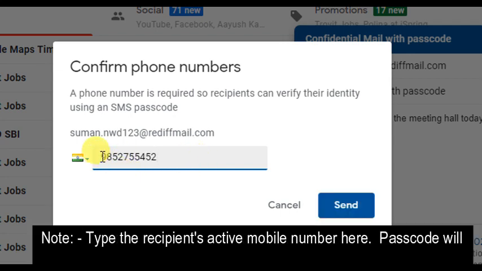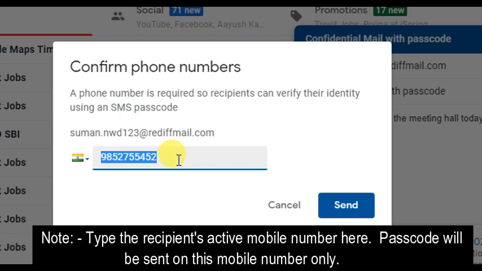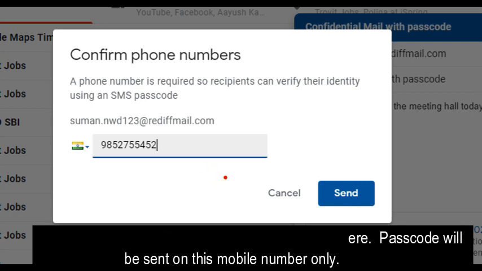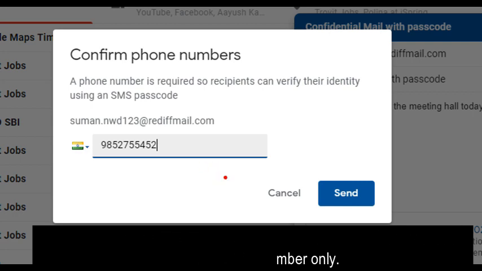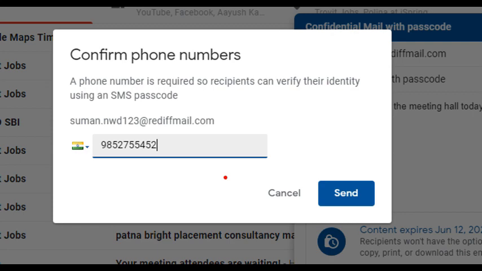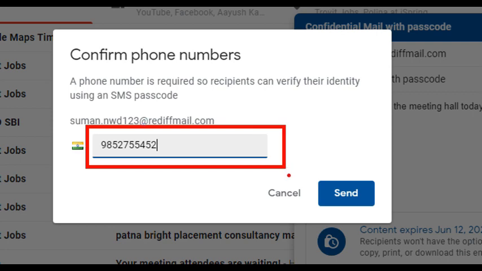Remember, here you have to type the mobile number of the person to whom you are sending the mail, and this mobile number must be functioning and active. Why? Because the passcode will be received on this mobile number, and unless the passcode is properly verified, the mail cannot be opened. So the passcode received on this mobile number must be verified first.